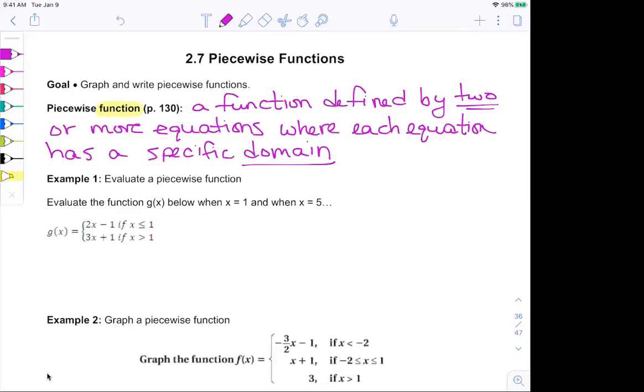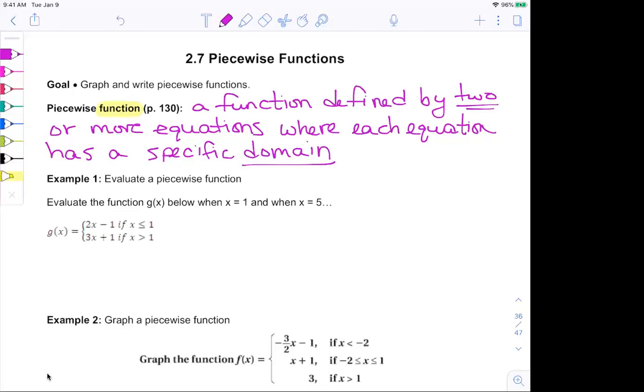So we've been listing the domain for the graphs. There's an equation to represent each piece of that graph. Each line of the graph has its own equation. When I put all of these equations together, they're called piecewise functions. So we're going to have multiple equations, and each equation is going to have a domain listed next to it. And that would be the piece of the equation that we use to kind of evaluate the problem.